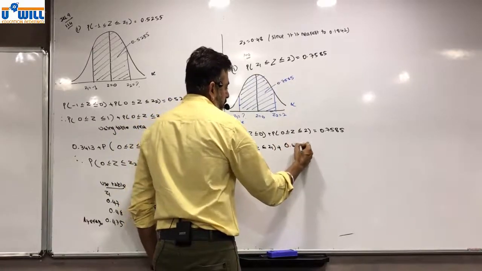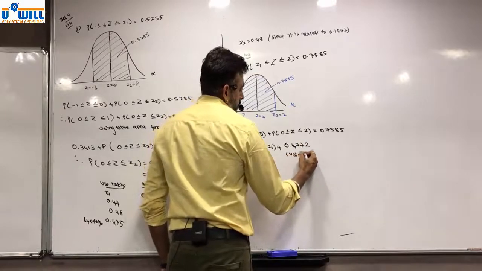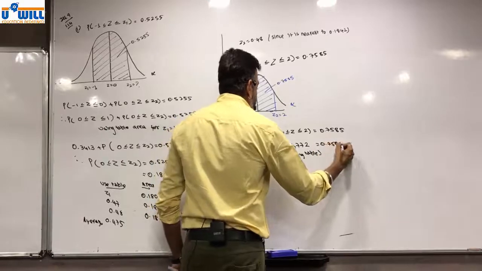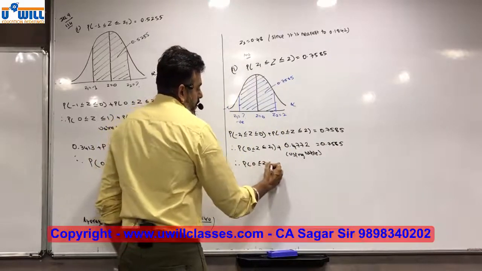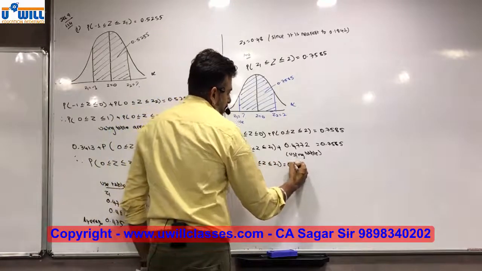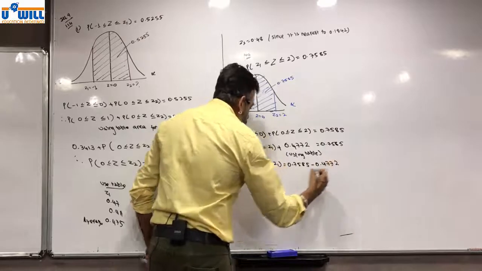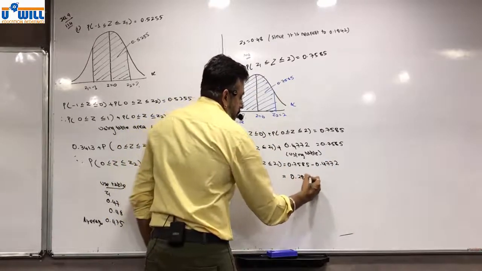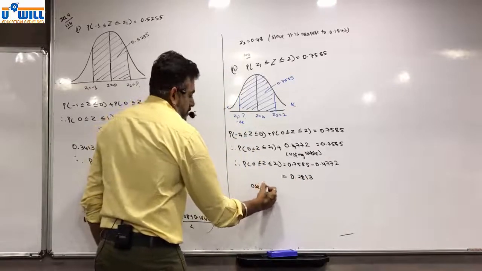0.4772. Using table is equal to 0.7585. Therefore, probability of Z greater than equal to 0 less than equal to Z1 is 0.7585 minus 0.4772, which is equal to 0.2813. Now use table,